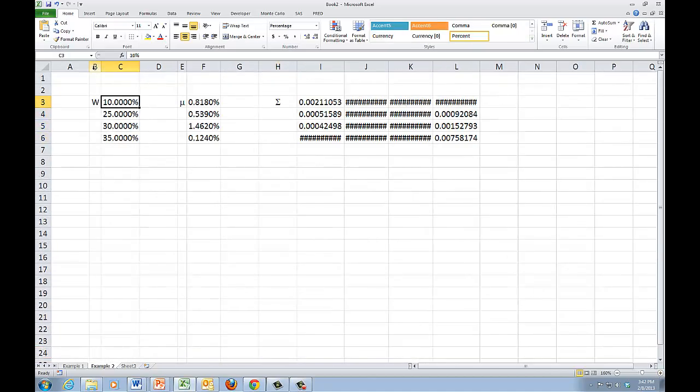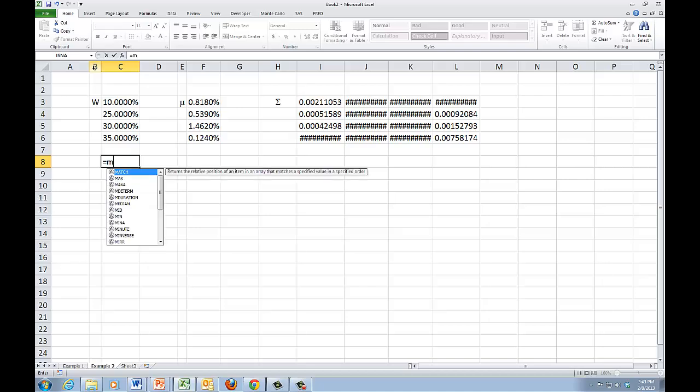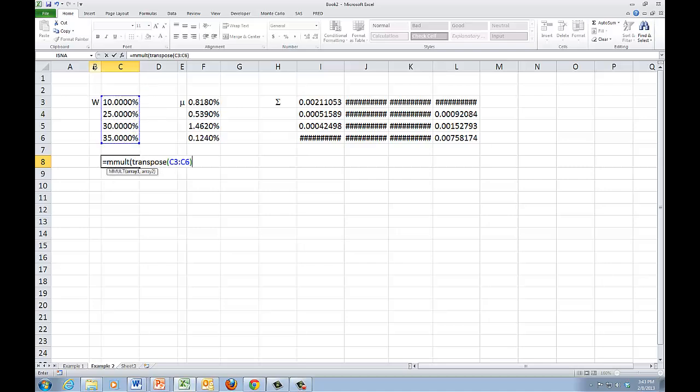That's our weight vector. Here's our mu vector. What we're going to do is take W transpose. So W transpose, instead of being 4 by 1, will be 1 by 4. So we're going to take W transpose and multiply it by mu. That's going to result in a scalar, so we can simply do this. Matrix multiplication, take the transpose of my W vector, multiply it by my mu vector,